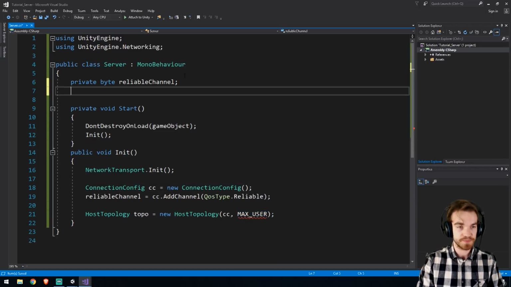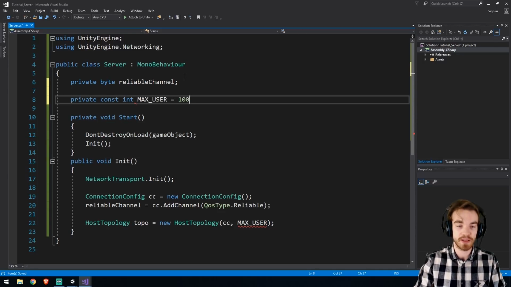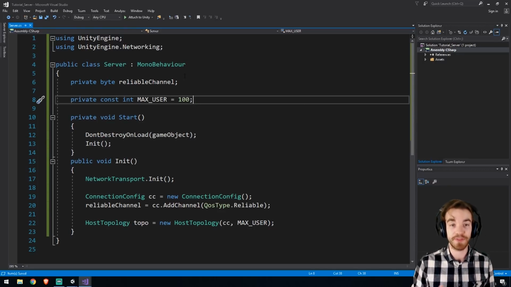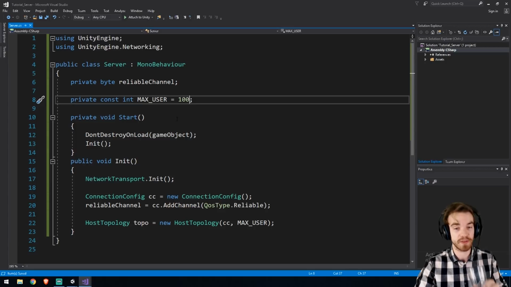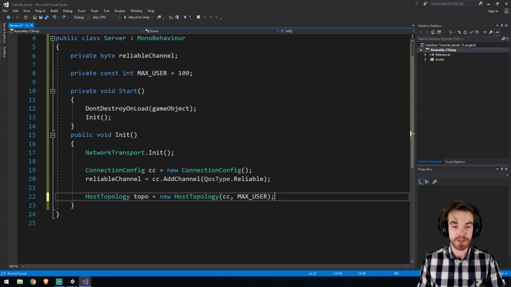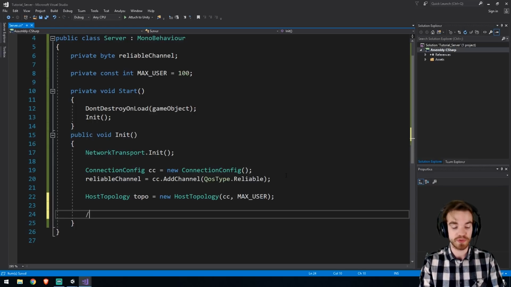So this max user, I'll make that a private const int and I'll lock it to say 100 users at the time that can be connected. This can go up to whatever you feel like, of course, as long as you can support it. Now what you've seen thus far is code that will be shared on the client side as well. We now enter the section where it's going to be server only. So server only code,